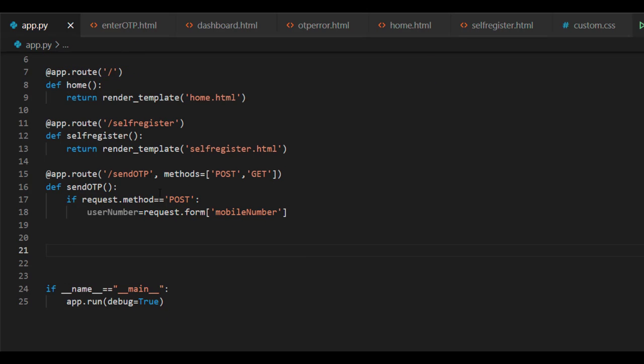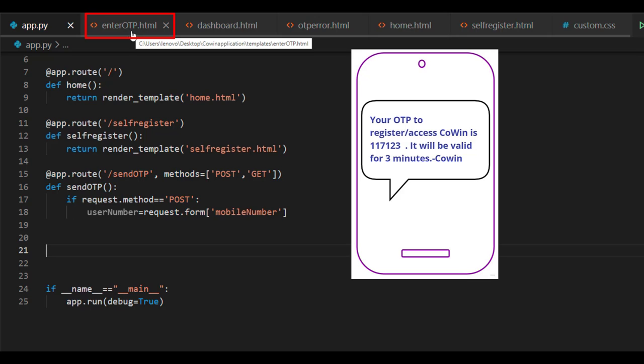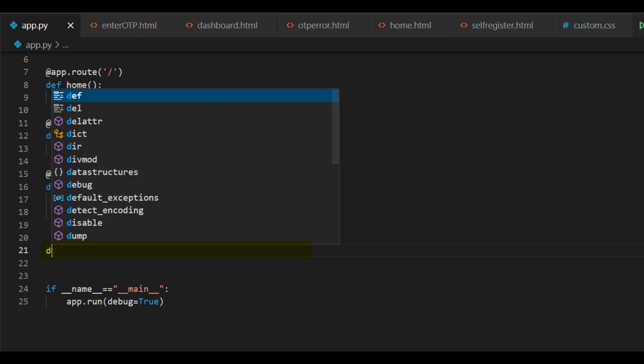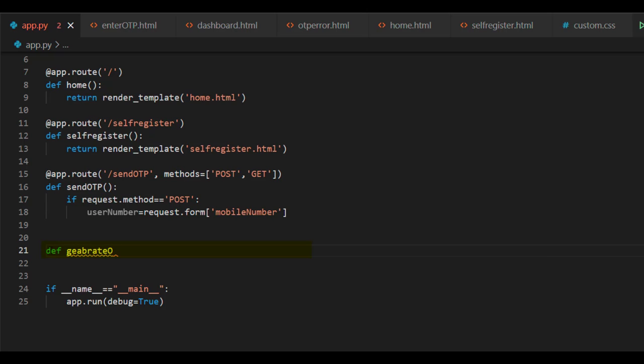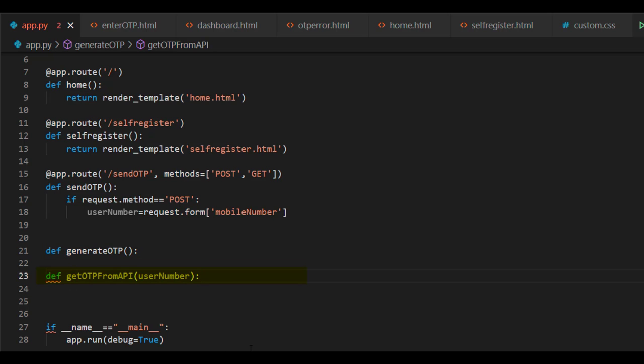As of now, we'll keep this function as it is because to enter the OTP.html page, the user should get the OTP number to the entered mobile number. So to get that OTP, we have to create two more functions called def generate OTP and def get OTP from API.